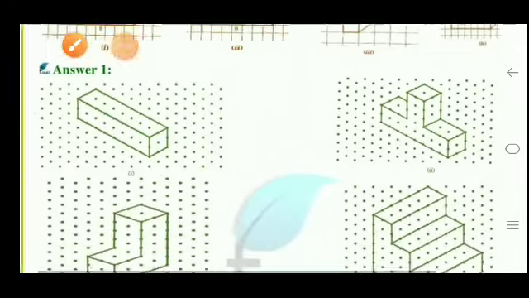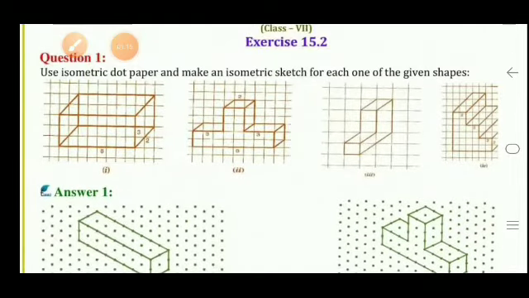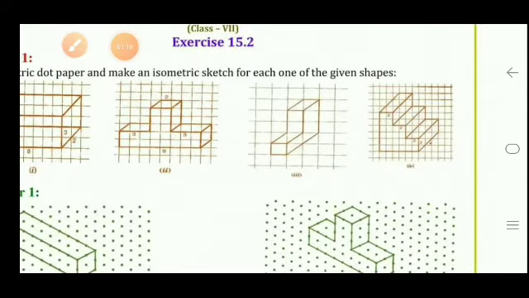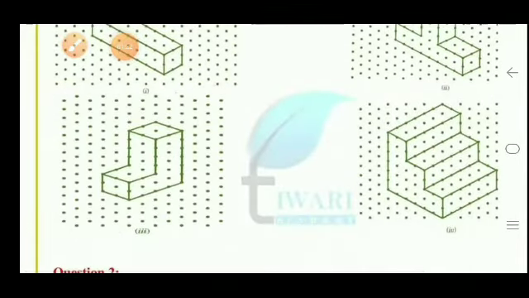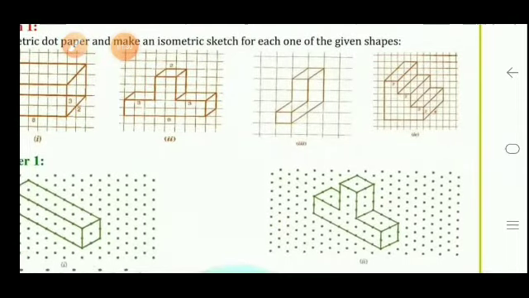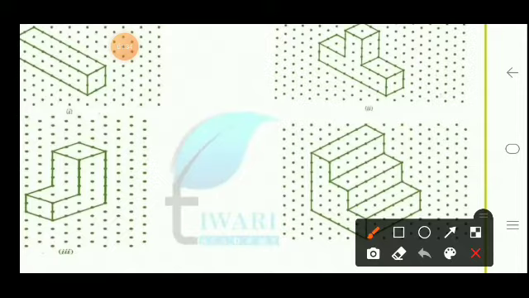Then in the third part also, in the same way, the sides are given. If not given, we can just consider this. Otherwise, the sides are given in all the questions, so according to the sides we take the dots. If they say 3, we take 3 dots. If they say 4, we take 4 dots. If they say 5, we take 5 dots. So on the basis of these figures, what we have drawn in the oblique ones, we are drawing in the isometric. According to the dimensions we take the dots and then just form the lines.